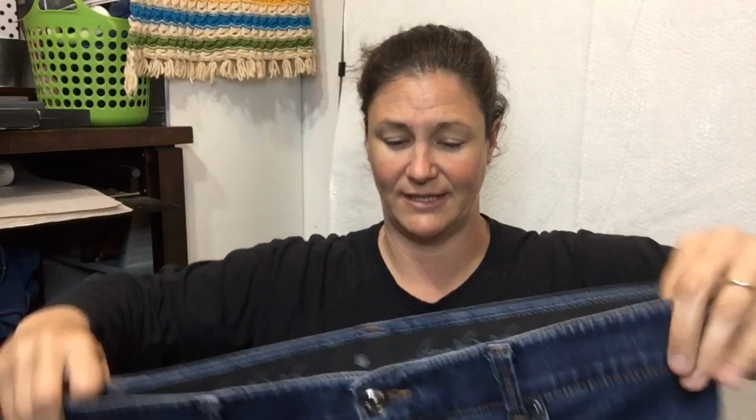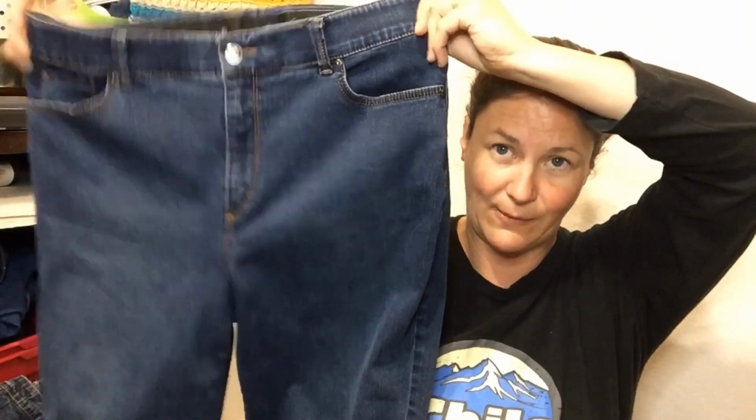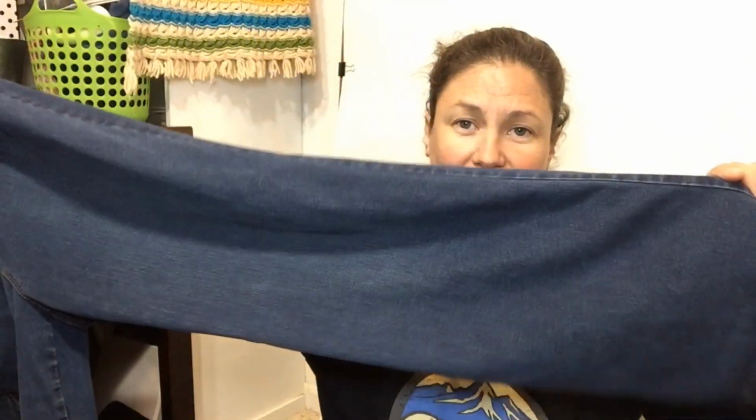Okay, I picked up another Gloria Vanderbilt pair of jeans. These I bought because they are high-waisted and they are wide-legged. And the people on the internet tell me that that is a good thing. They also have an elastic waistband. And I tried them on and they're very comfortable, but I don't need another pair of jeans right now, and I don't know that I would wear wide-legged. I don't know, we'll see. Gloria Vanderbilt,